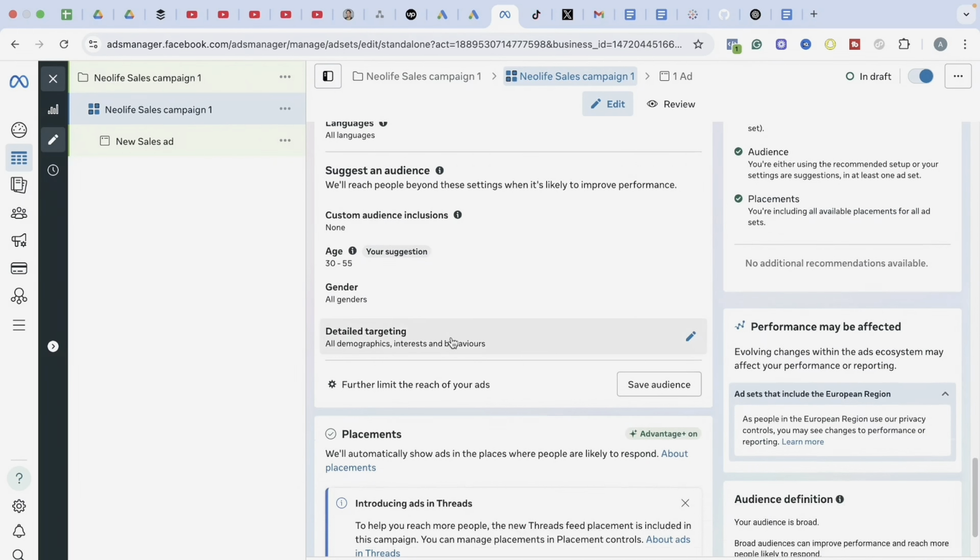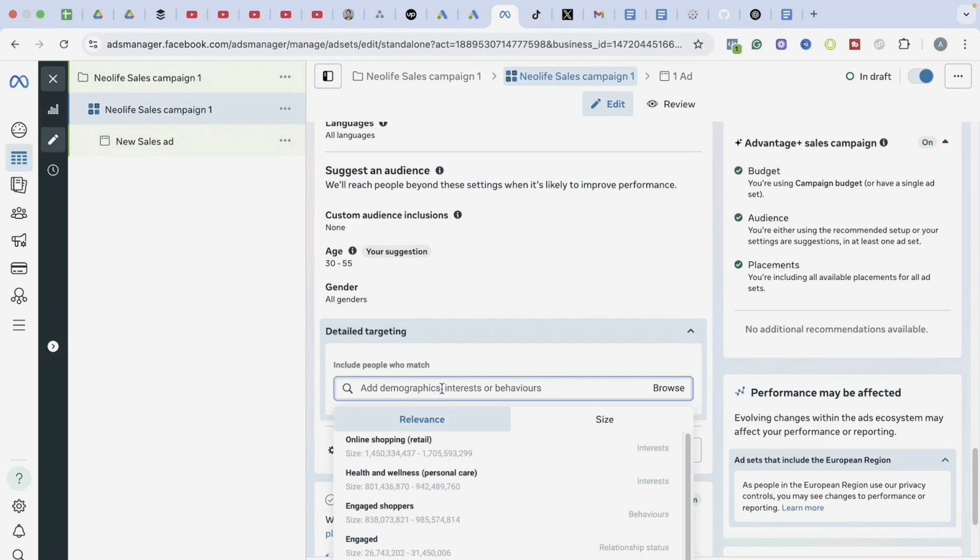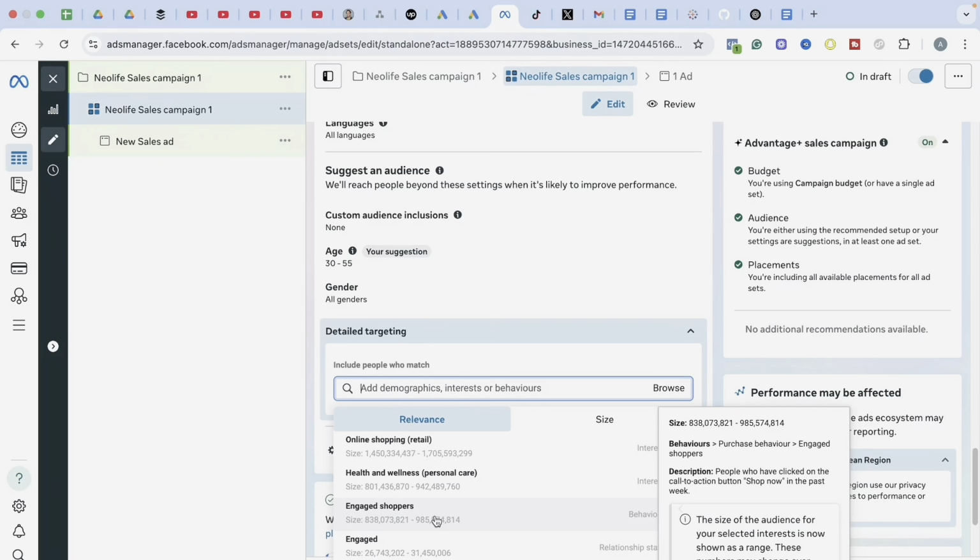So if I come to detailed targeting now, I say I want people that buy things online. Can you see? I want engaged shoppers. I haven't typed anything, so I'll go to engaged shoppers. Engaged shoppers are people that buy things online, people who click on the call to action, shop now on Facebook.